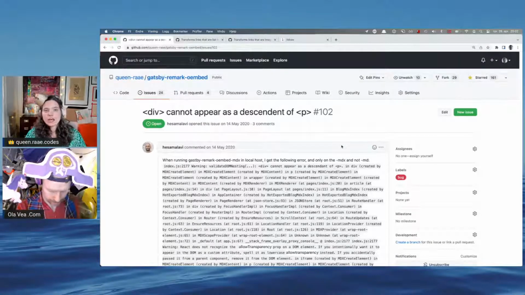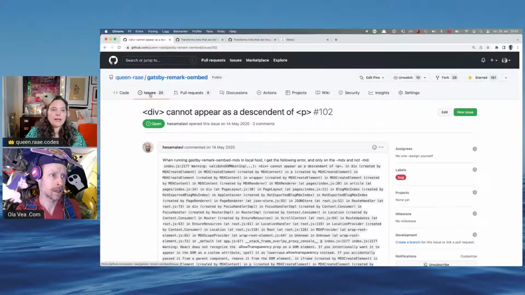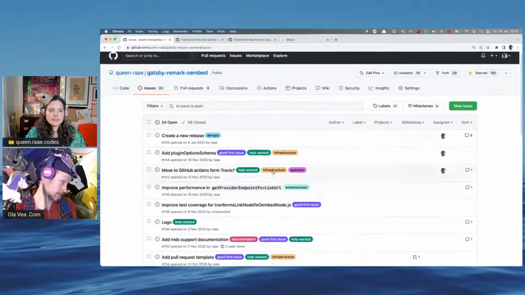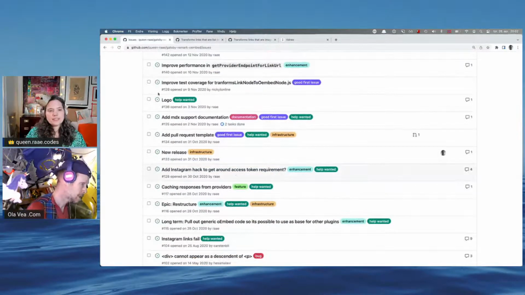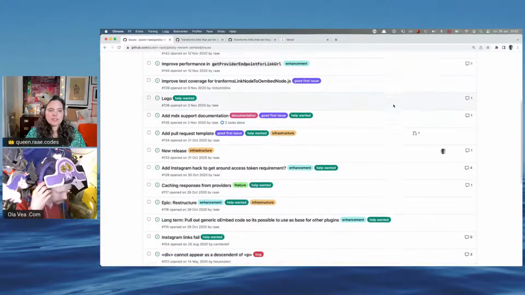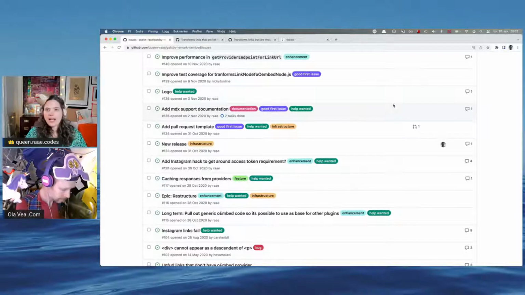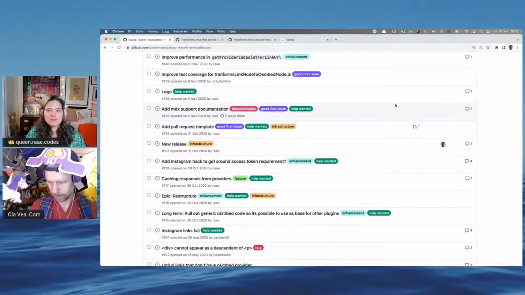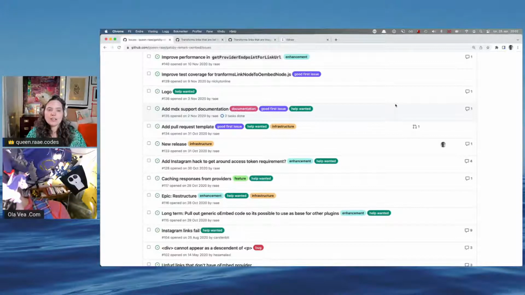We would love to have you contribute to the Remark-oembed plugin. There are different nice issues here. Some of them are quite old, but they're still good to do. I have a few good first issue labels, and there are also other types of labels here that you can look through. And as always, the contribution documentation is not 100%. So if you really want to get into this, I can do pair programming with you to get you into the code if you want to contribute, because that would be amazing.